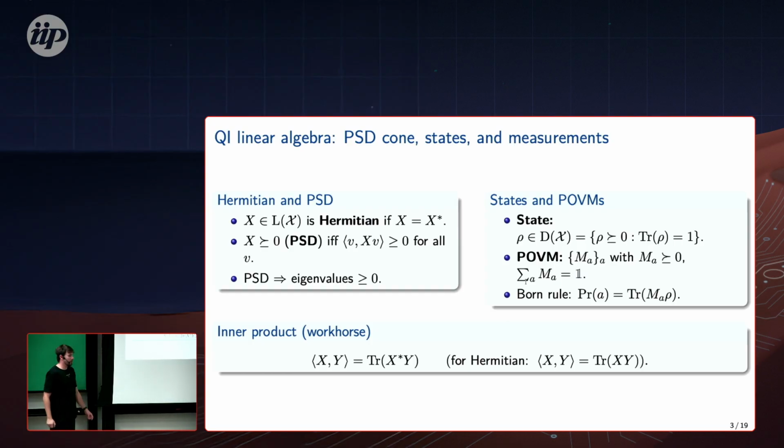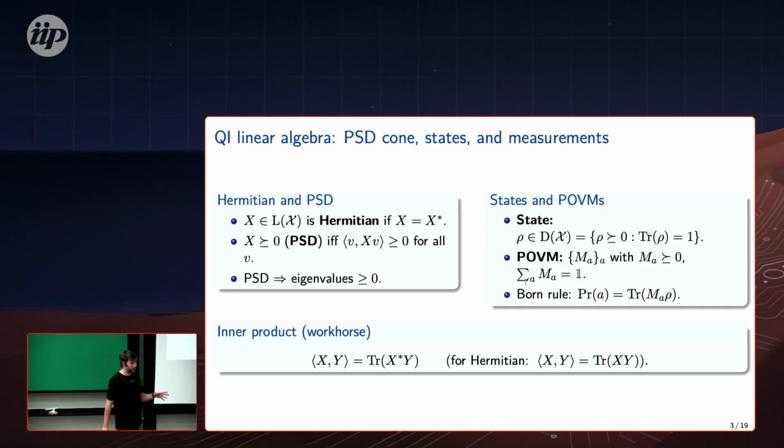And something that is very important for the rest of this talk is the Hilbert-Schmidt inner product. So whenever I'm writing two matrices X and Y, when I'm doing this inner product, I mean this Hilbert-Schmidt inner product, where you take the adjoint of the matrix on the left and multiply it with Y, and then you take the trace. This is an inner product. It's not very difficult to show that. And if the matrices are Hermitian, you can forget about the star. Any questions so far on the basic notation?